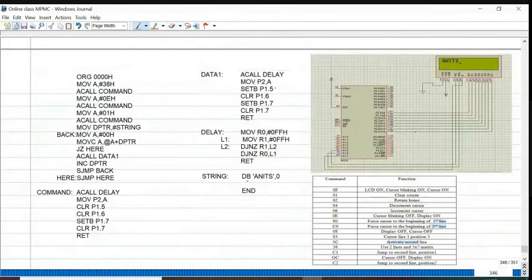So in this subroutine, A call data. Here RS set to be 1. That is, we are transmitting data. Command service routine. Clear P1.5. RS equal to 0. We are commanding the LCD display.